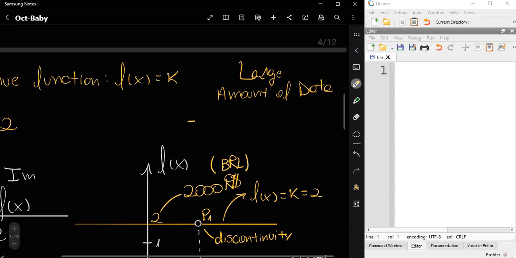So we have something like P1, P100, or even PN.